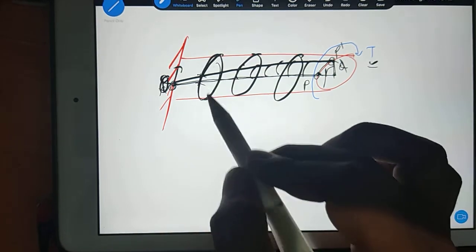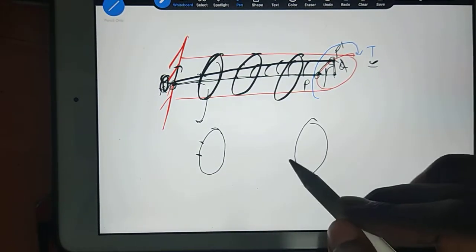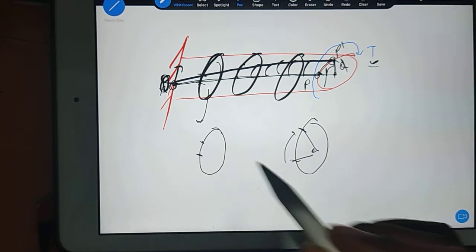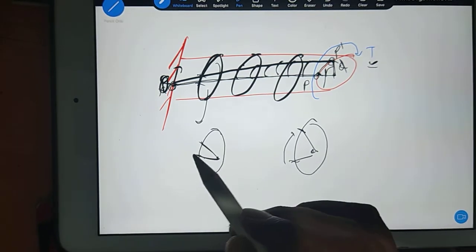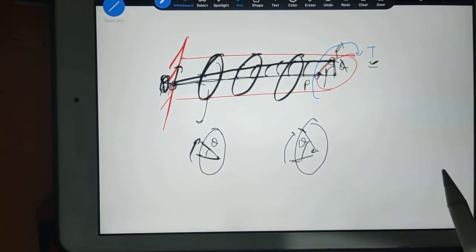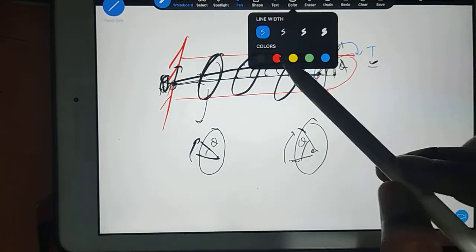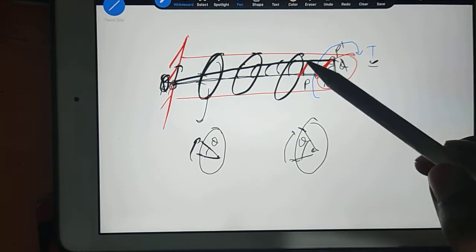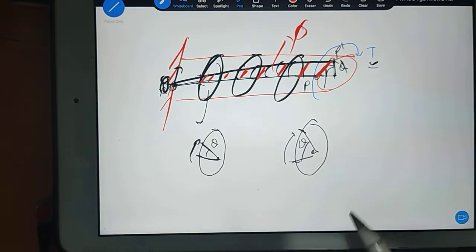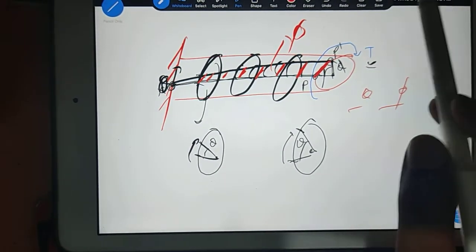For this disc, if I take this disc out, this point is not shifting the way this point is shifting, right? This point is shifting with respect to the center maximum, but this point is not shifting maximum, right? This is shifting only this much. So theta you can see here and theta you can see here, they are not the same, but on the surface they are the same. On the surface means this angle, this angle, this angle, they are the same. So that's why we say phi, shear angle. So there is a difference between theta and phi. These things I have detailed in the video lecture. Now you understand.